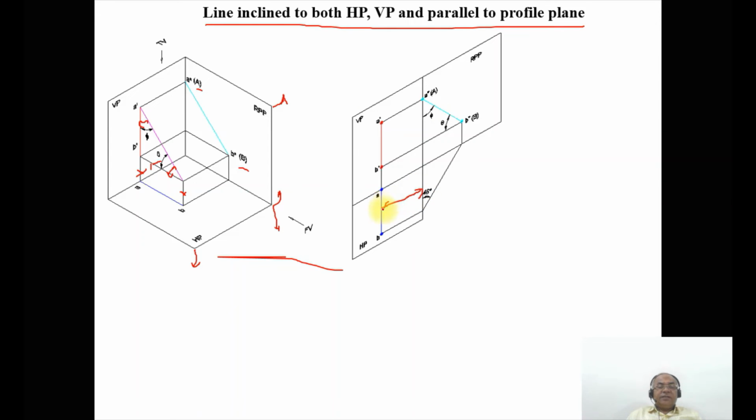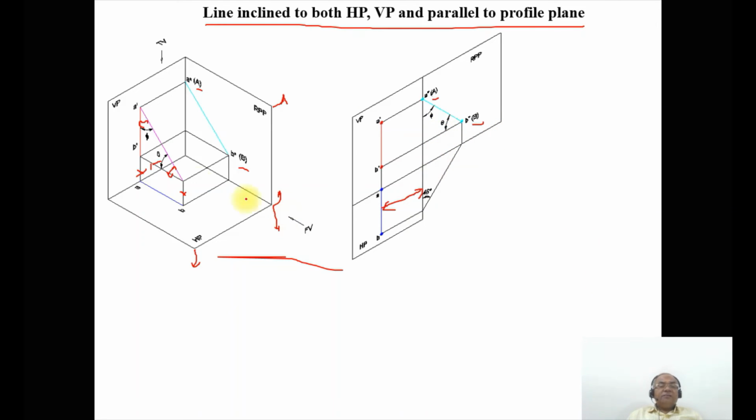Since it is equidistant from the right profile plane, you are getting the true length in the right profile plane, which is capital A and B. The inclination made by the line with respect to the X1 Y1 line will be the true inclination with respect to VP, which is phi, and the inclination made by the true length line with respect to HP, that is to the XY line, will be